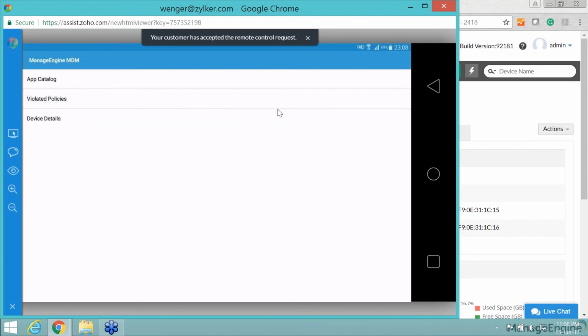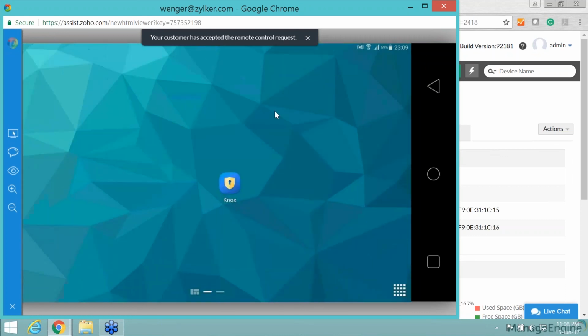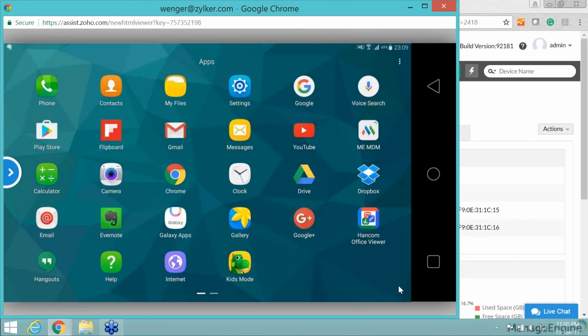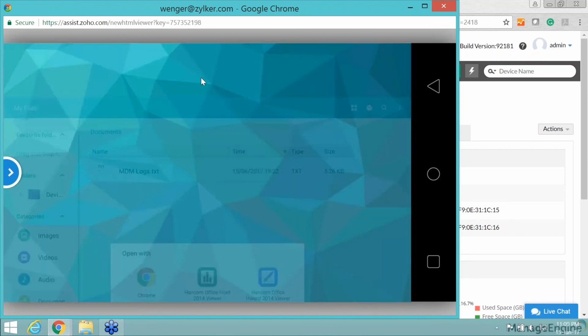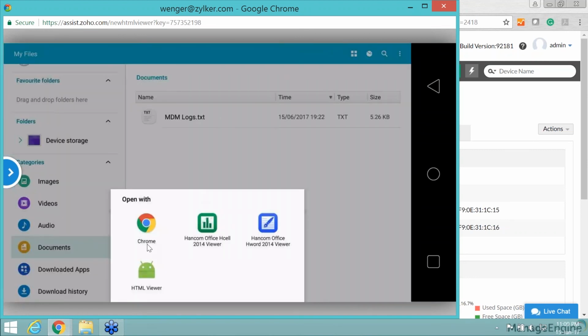Yeah, so this is the screen that is on the device, on Wagner's device. So this is happening simultaneously over the air. So yeah, I can gain access to his logs and make the changes required. Okay, close this session for now. Let's proceed